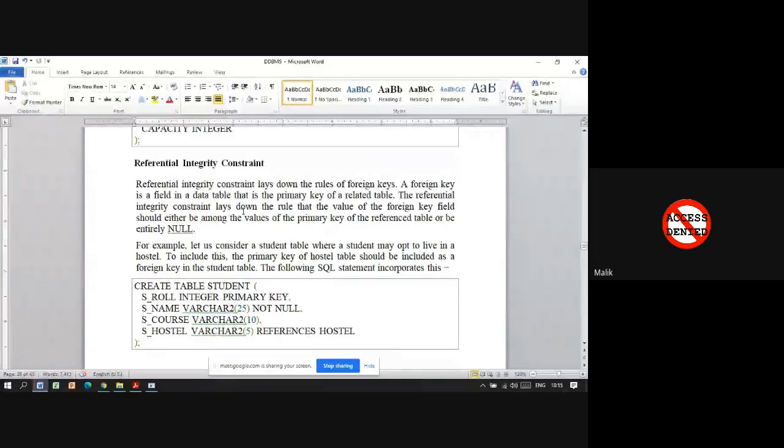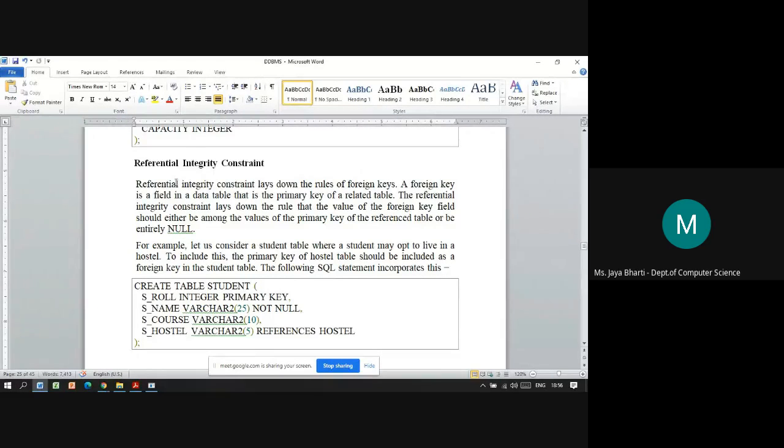Ma'am, I can't say much about it. No, no, we don't want much. We want little only. Yes. Okay, tell me which are the two keys or what constraints come into picture in referential integrity constraint. Hello. Yeah, ma'am. Foreign key, yes, and not null. Yeah, it is basically primary key. Yes, it is primary key foreign key relation basically. Okay, very good, Malik. You have contributed a little in this.